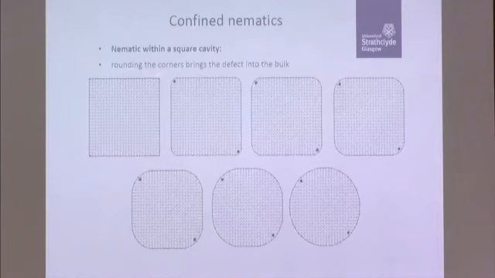We actually made the corners a little bit curved, and what we see is that these regions on these corners aren't defects at all. You can have a continuous deformation of the director as we go around, but we do need defects in these other two corners. Gradually, as we smooth off and round these corners, we change the curvature, the defect comes in a little bit, but then it doesn't come in very much, it just sits at